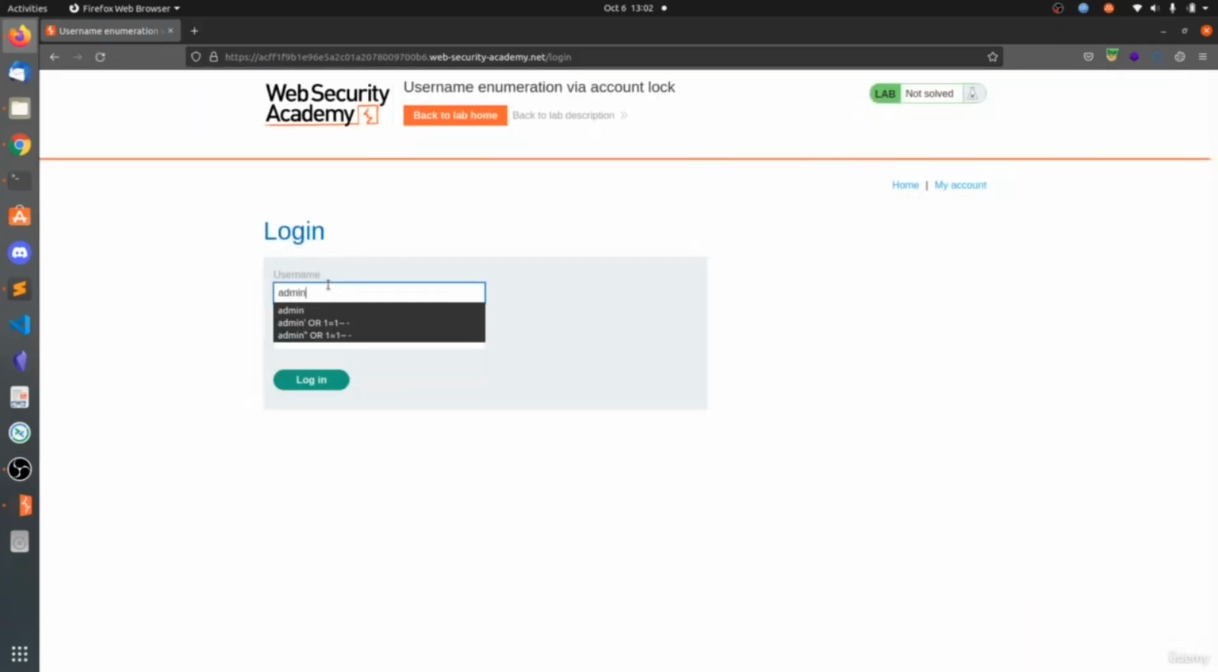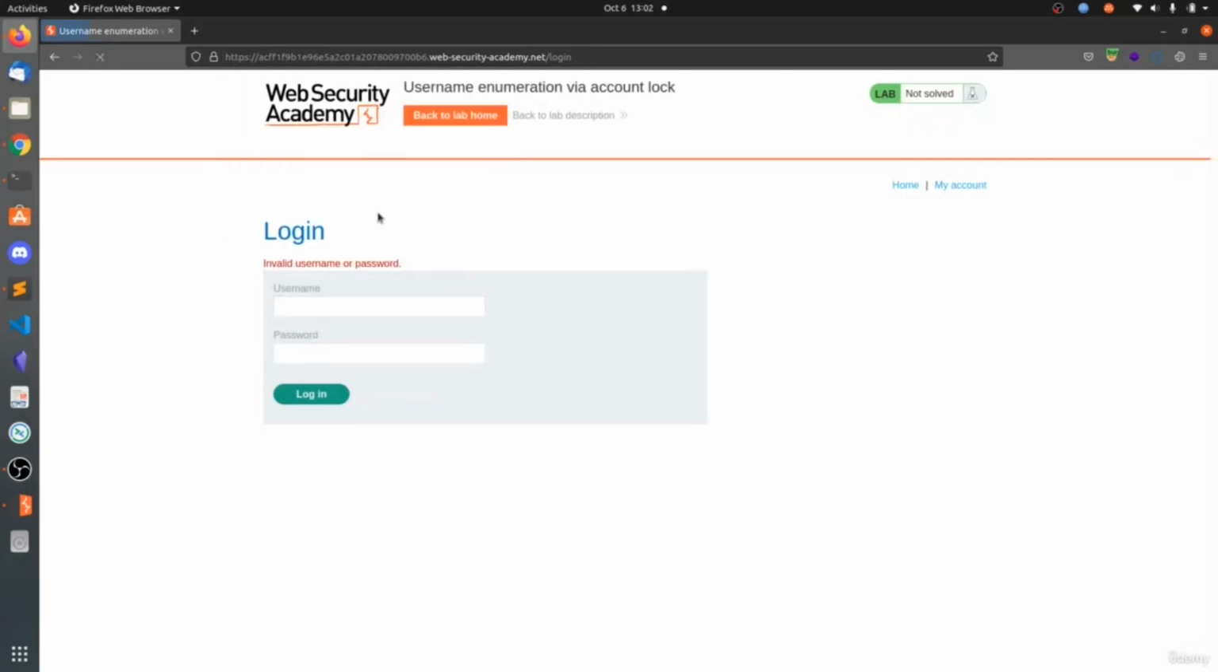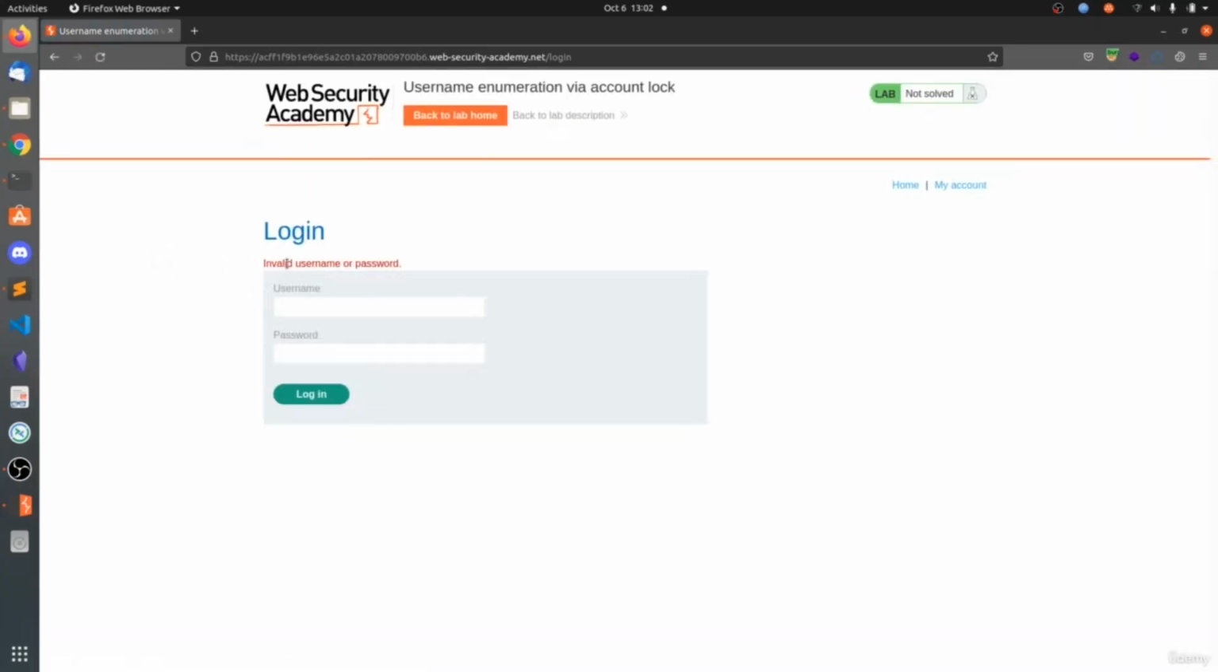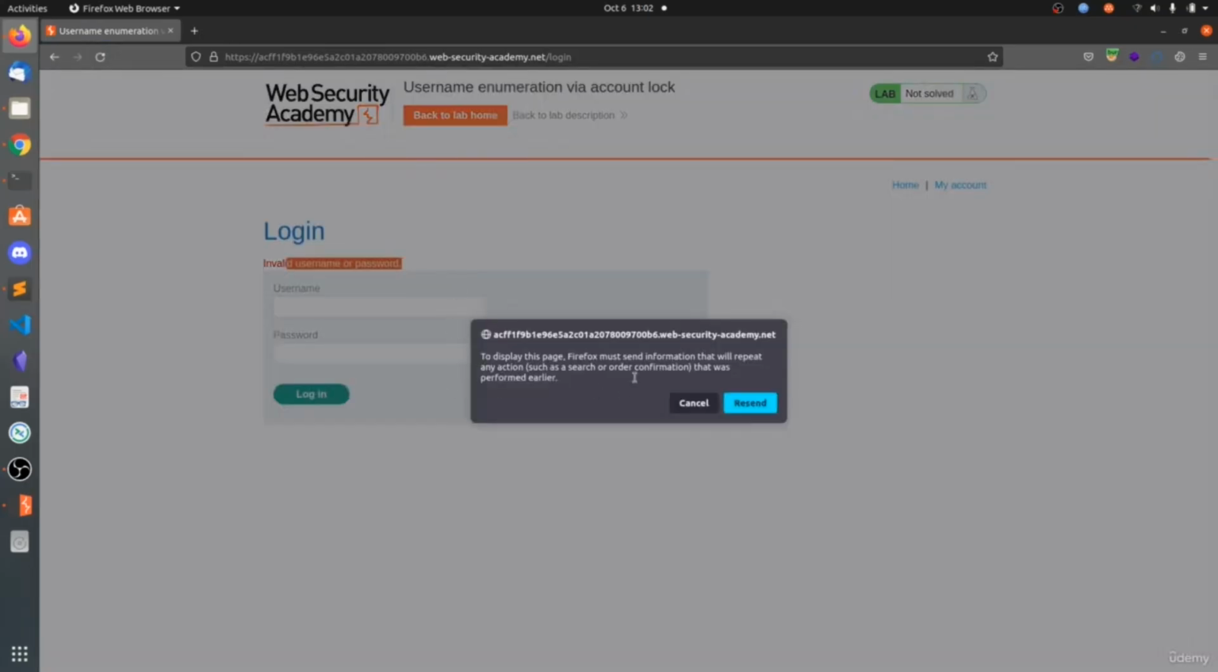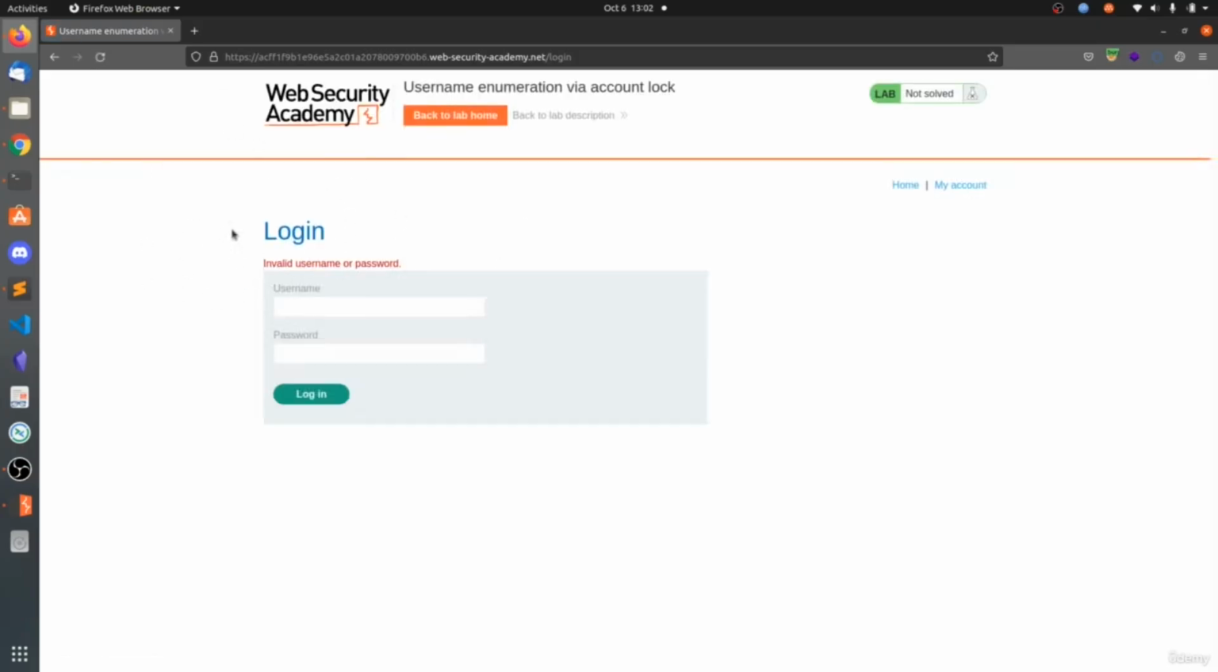So let's try admin and admin. Now it says invalid username or password. If you send the data again, we can see invalid username or password, and send this again. You need to repeat until you get some error message stating that your account is locked. So what you need to do is